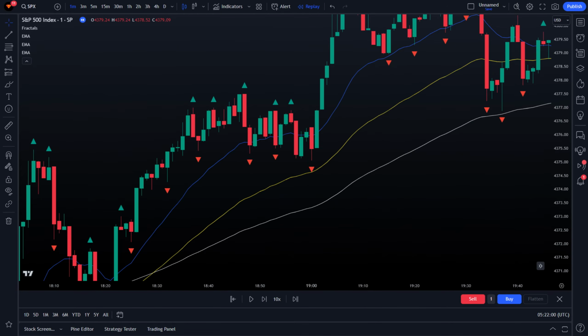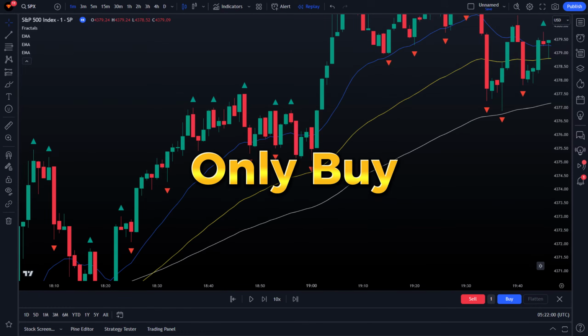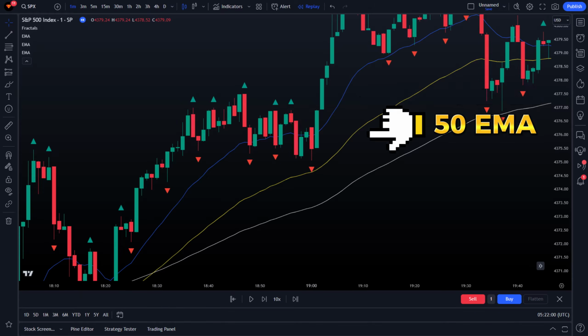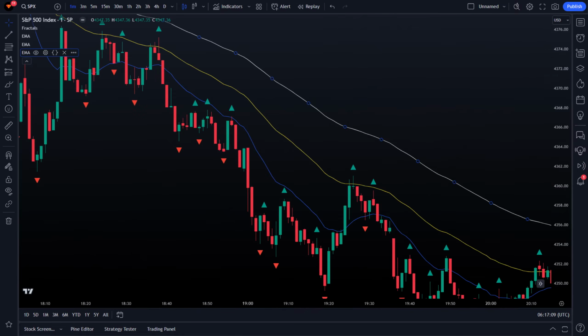The first rule with this strategy is you can only buy when the 20-period EMA is above the 50, and the 50 is also above the 100. The opposite is true for a short position. If the 20-period EMA is below the 50 and the 50 is below the 100, you can only take a